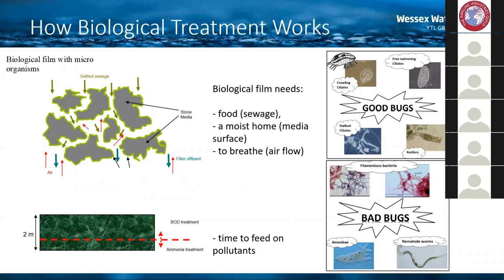After the biological treatment process, it will pass to a secondary settlement tank. And obviously we want any sludge that's been produced to settle really well. So again, we get the clear top water from the top of the tank, and those good bugs do settle well. The ones highlighted at the bottom are quite stringy and spaghetti-like, and they're known as filamentous